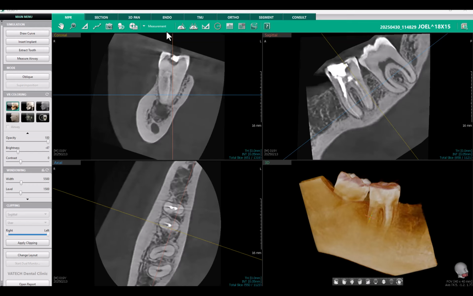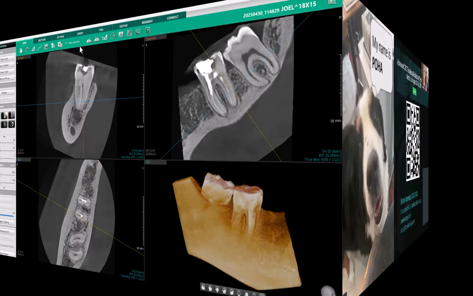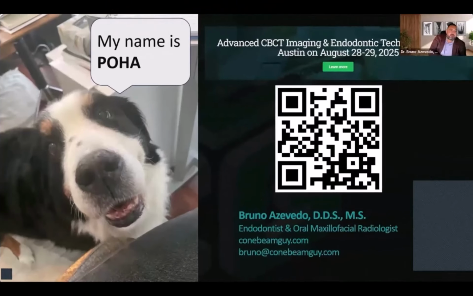And this is a Vatech Easy 3DI software tutorial for anyone doing root canals. So I want to give credit to Bruno Azevedo. He's an oral maxillofacial radiologist and endodontist. I watched a recent webinar of his where he went through this software tip. It triggered an idea that I had years ago using a custom implant tool for something very similar, but this